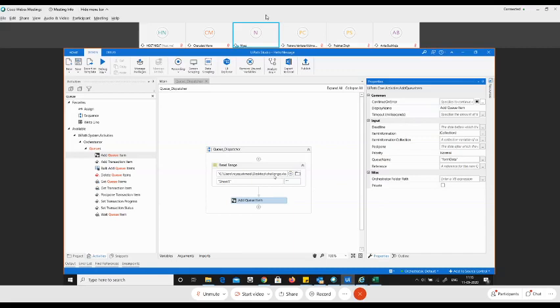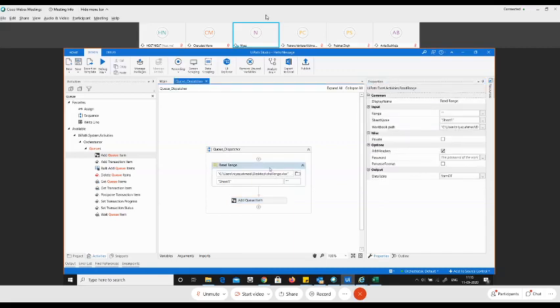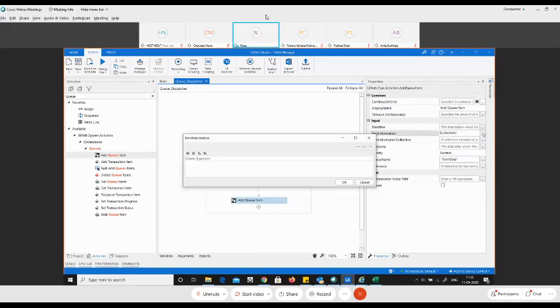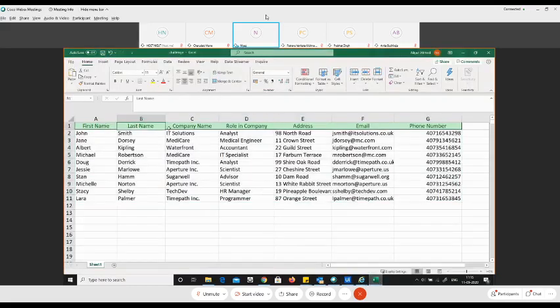Awesome. Now the next thing is I need to enter the values from this Excel sheet into the queue. So in the add queue item properties panel, you can see we have an option called item information. So click here, and from here you will insert all the values from the Excel sheet, that is the row, into the queue. So let me first create an argument. What information do we have here? We have first name, last name, company name, role in company, address, email, phone number, and so on. So let me first put the first name value into it.